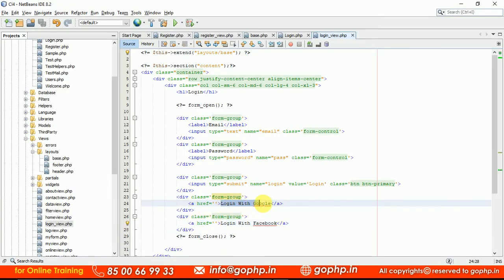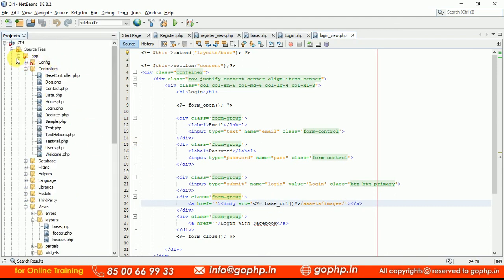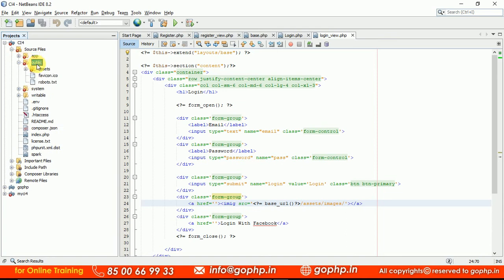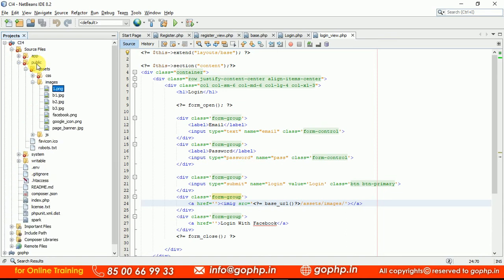Let us go there. Here I'm going to write img src equal to base URL. We have an assets folder, assets slash images slash. Let me check the images, guys. Go to your assets folder and check the images. It was in public, right? Public assets. I think we have to change the path, and this is going to be the Google icon. Okay, that is the image name, google icon.png. Just display the link, google icon.png. Done. So let us make the path like this, public slash assets,